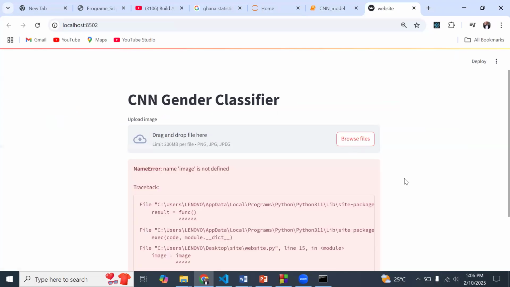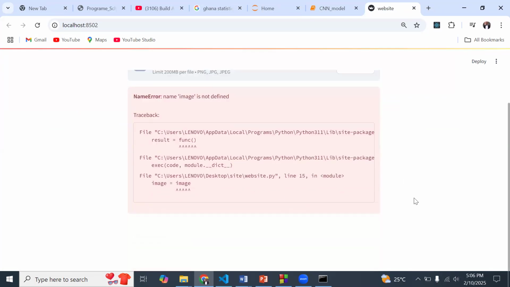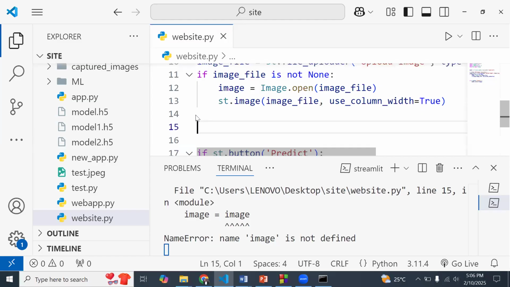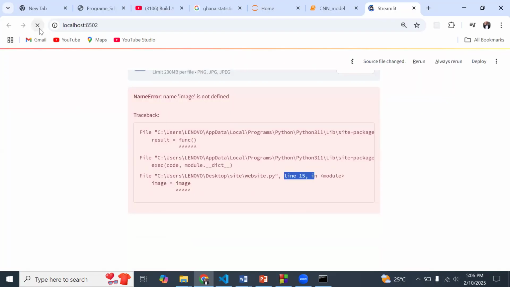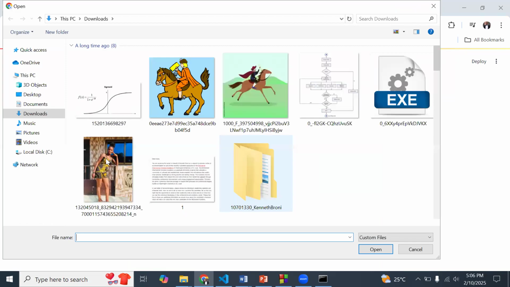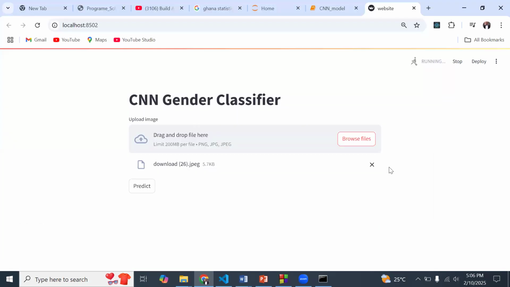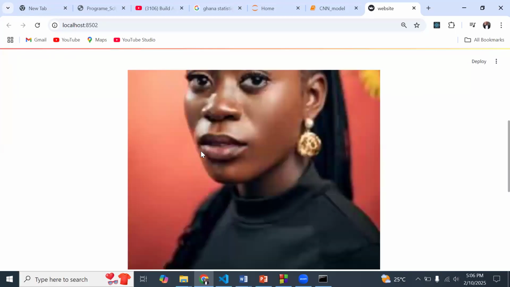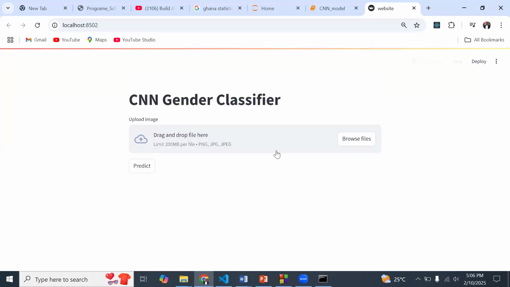Image is not defined on line 15. Okay, so we don't have any problem over here. Let me bring this up and select this one, and everything looks good. We haven't done anything to make this work yet, so we are good.